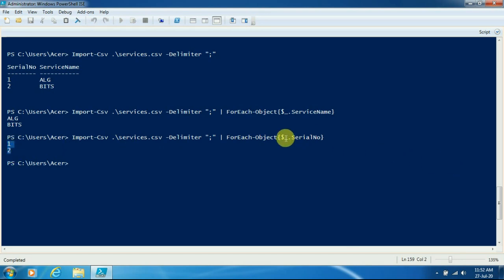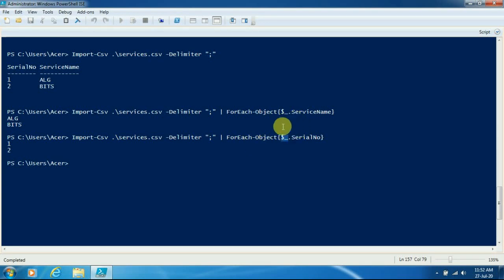Now you will see that I have used dollar underscore. There is some meaning when you use dollar underscore. It is like the current object in the pipeline. So if there are multiple objects, they will be passed one by one.